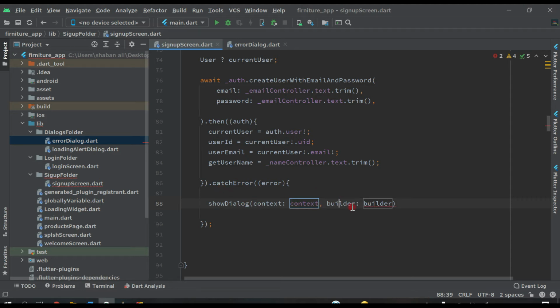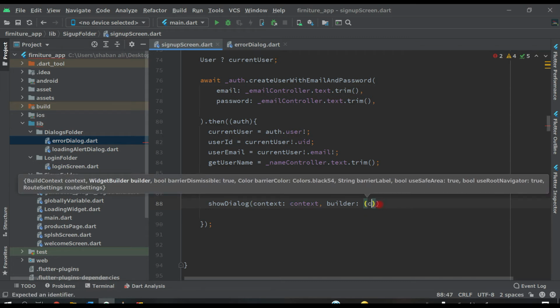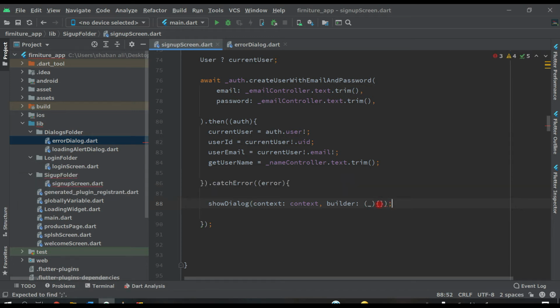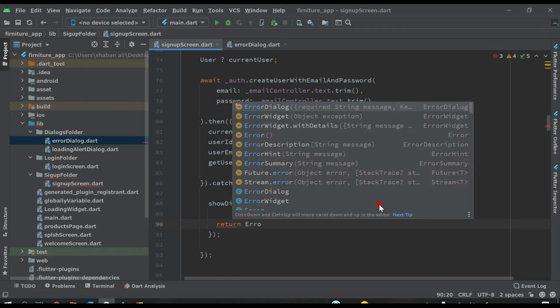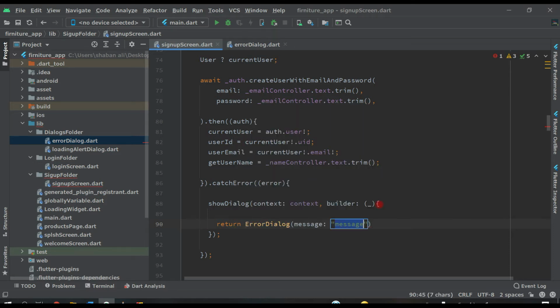So after this, builder, remove builder and put two round brackets, or leave it like this, and put curly brackets, a semicolon at the end, and here we will return the error dialog box which we created before in our previous video, and here the message will be, sorry guys, something went wrong, and a semicolon.